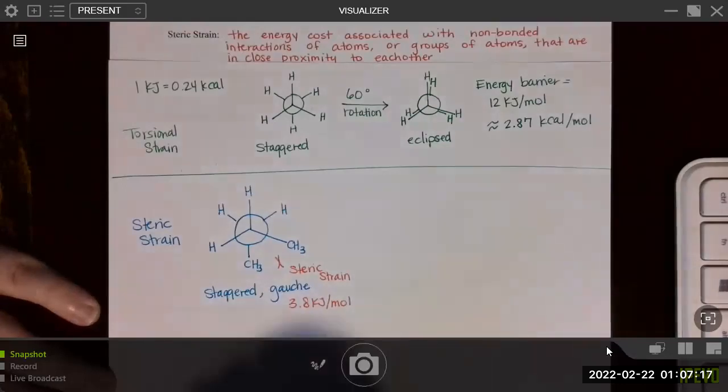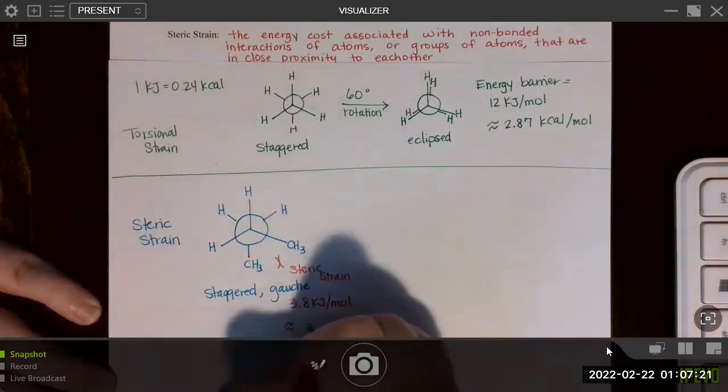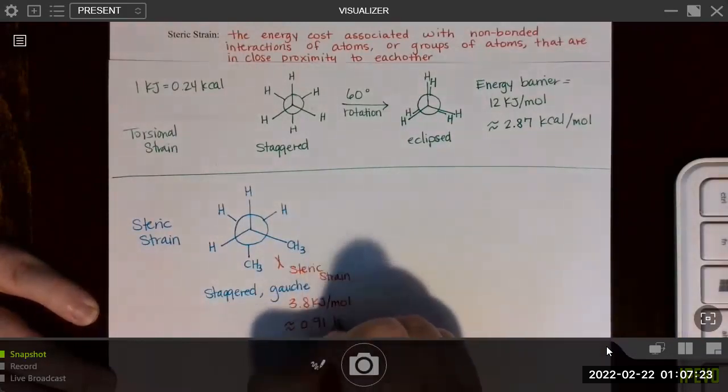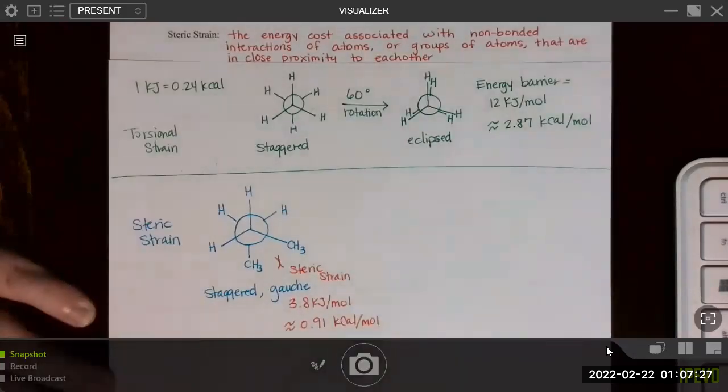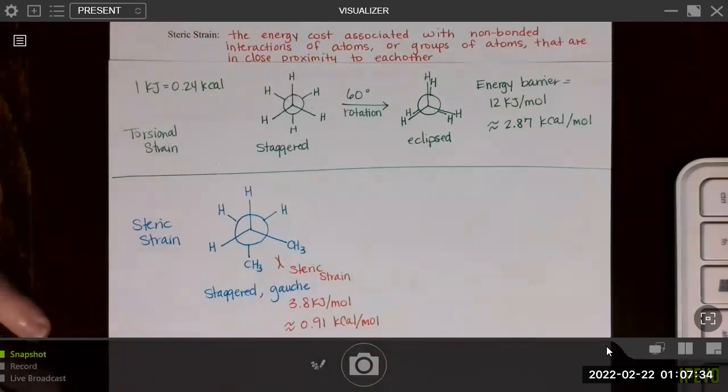And that would be approximately equal to about 0.91 kilocalories. And again, this will be helpful when we start to do that graphing later on. Okay, here's a totally unrelated example of a steric strain that will lead you into the next part